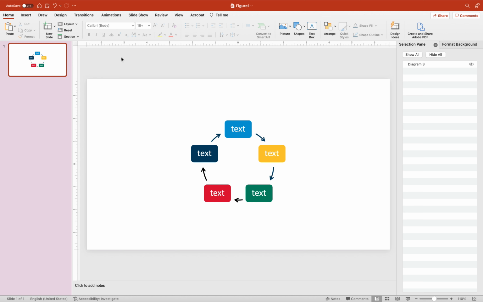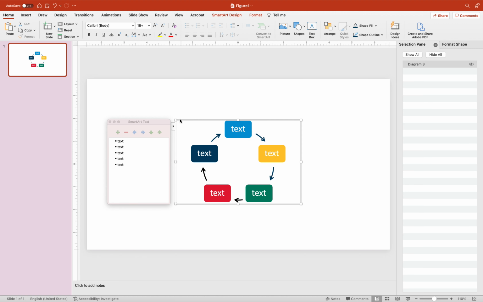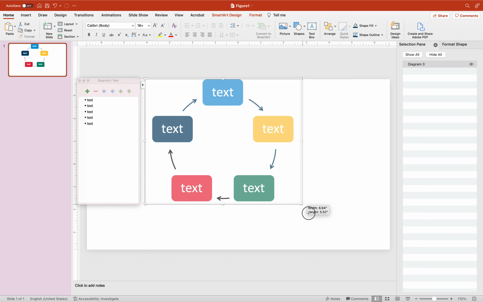Okay, hello. I'm going to show you how to create a high-resolution JPEG from a PowerPoint slide. So first, once you have your figure on your PowerPoint slide, you want to fill the slide with it as much as you can,